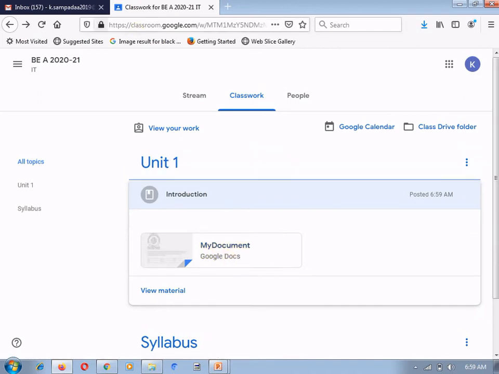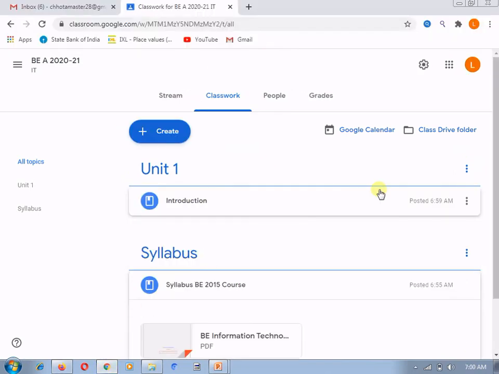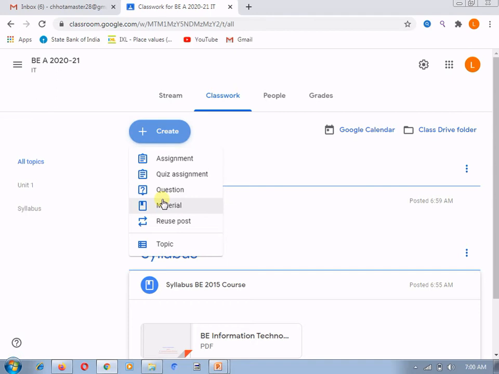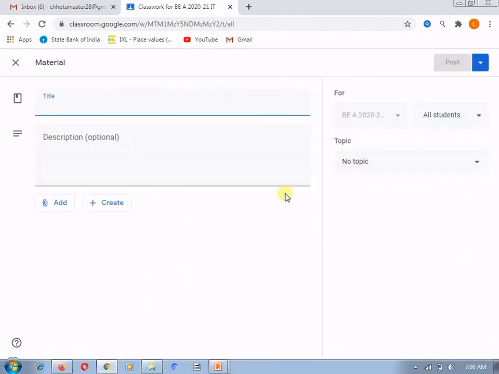Now, the next thing. In the teacher tab, if I want to add some more material in this unit 1, what do I need to do? Again I will go to create, go to material, and again select unit number 1. If you want to create a subtopic, you can do that too.